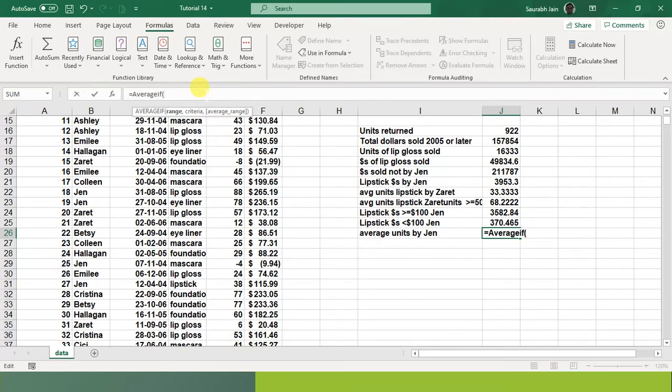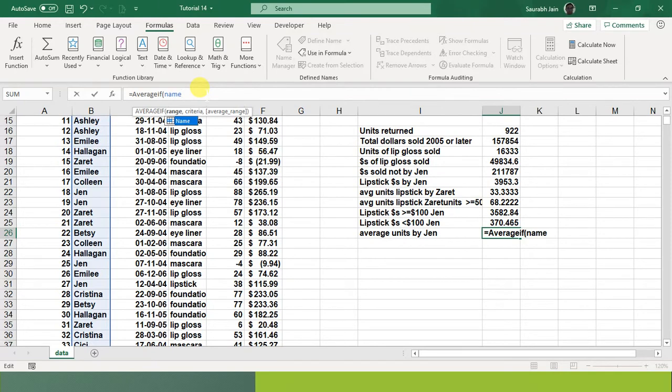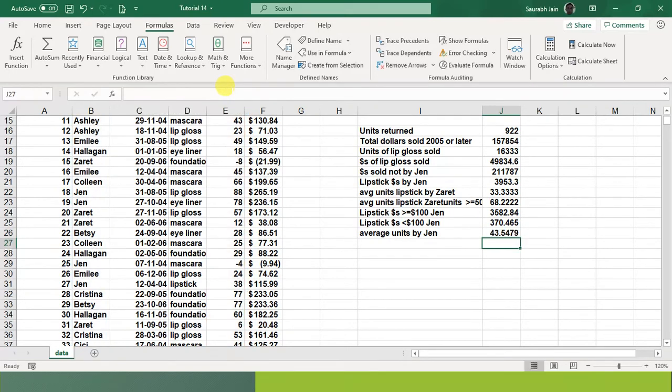So first I have to give a range of my criteria. So it has to be the range name, comma. It has to be Jen. And what I need to do is average of units. Units, fine. Here comes the answer.